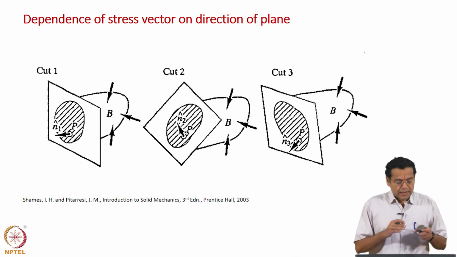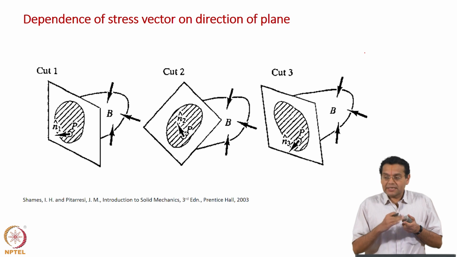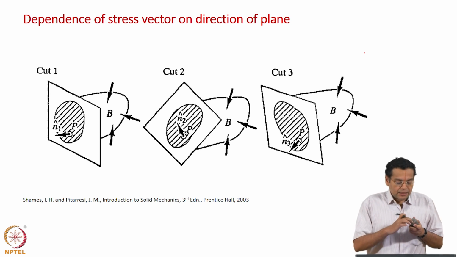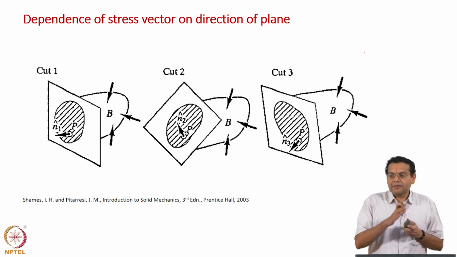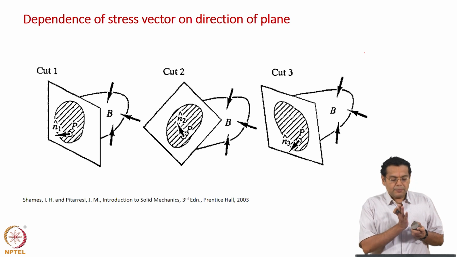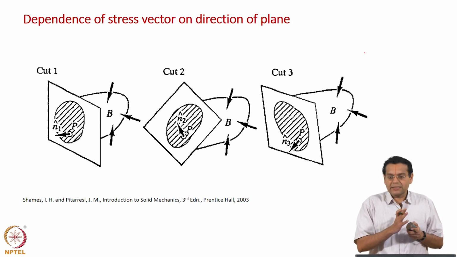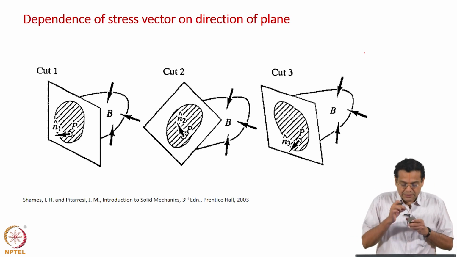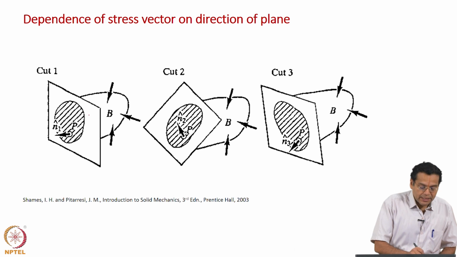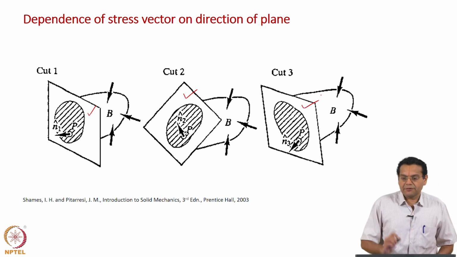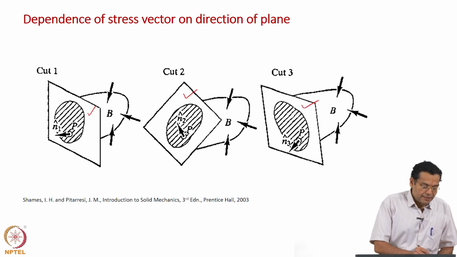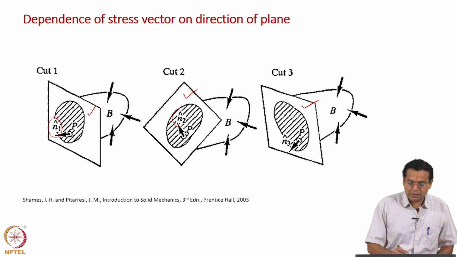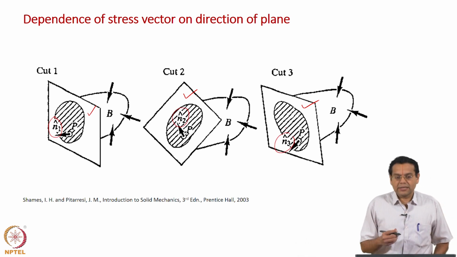Now, we said at a point, please imagine this to be somewhere inside the object, we have drawn a plane and identified it as n. And you also mentioned that at the same point you can consider several planes of different n vector, and that is what is shown here. Same point, please remember, it's the same point, but the orientation of the plane can be different, which means the n vector will also change based on the orientation.